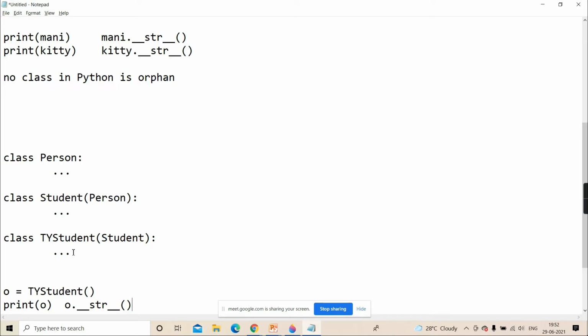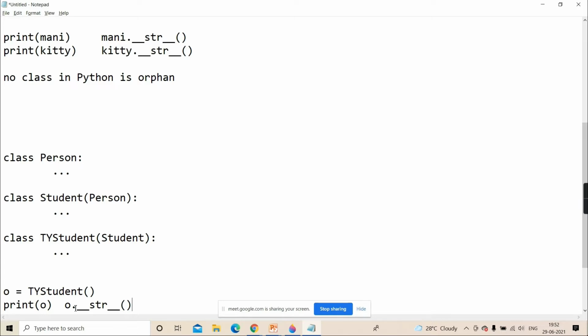Correct. But suppose in ty student this magic method is not there. Okay. So still Python doesn't give any error. It will continue its search in the parent. Everything is like real life. In real life also, when the child is having any issue, the search is first done in its own class, if not, then in the parent class. Parent, if not, then their parent.